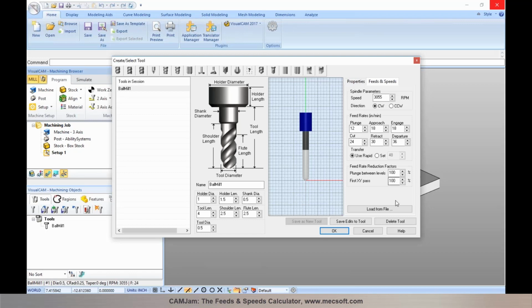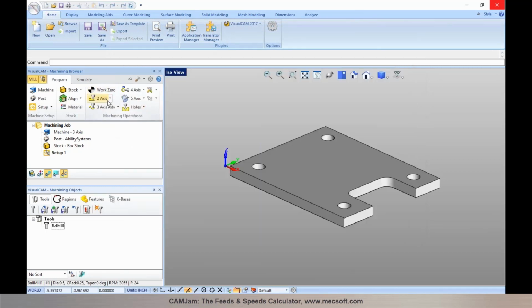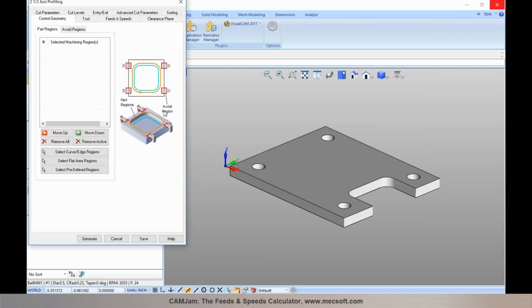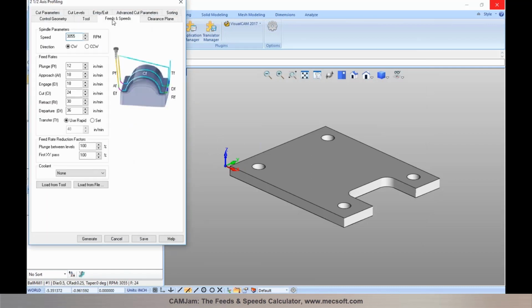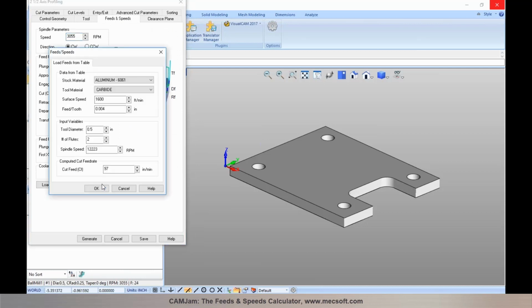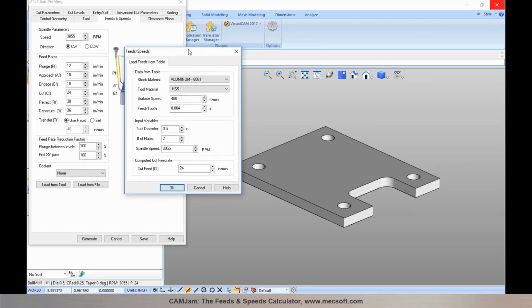So you can establish the feeds and speeds using load from file directly from the tool definition dialog and have it saved to a tool library, or you could also go into a machining operation. You go into the feeds and speeds tab, and you can use the same load from file option in here as well to compute your feeds and speeds based on the stock material and your tool material. So the load from file option for feeds and speeds can be accessed both from the tool definition dialog as well as from the feeds and speeds tab in any of the machining operations